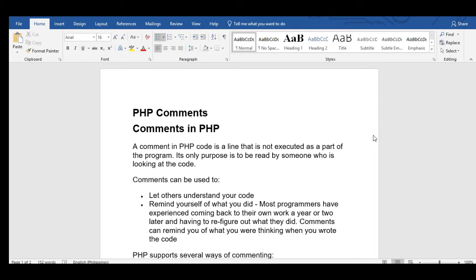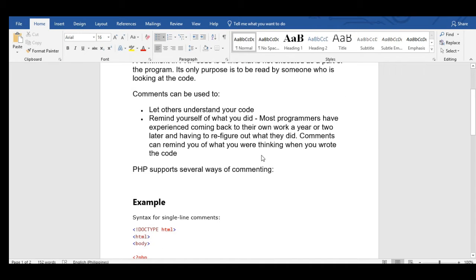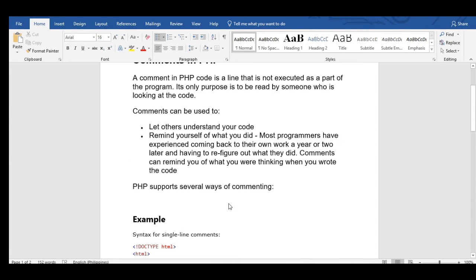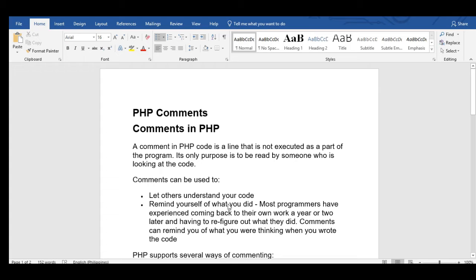So let's get started. PHP comments, we are using the reference in W3Schools. A comment in PHP code is a line that is not executed as part of the program. Its only purpose is to be read by someone who is looking at the code. Basically, comments are very important in any programming language. It is used primarily, guys, for giving a description of a certain portion of the code, how this portion of the code works. So comments can be used to let others understand your code,